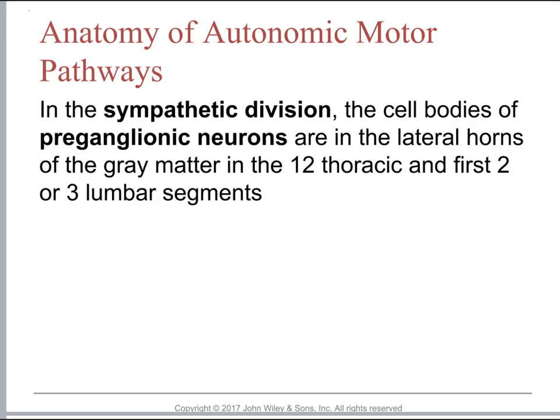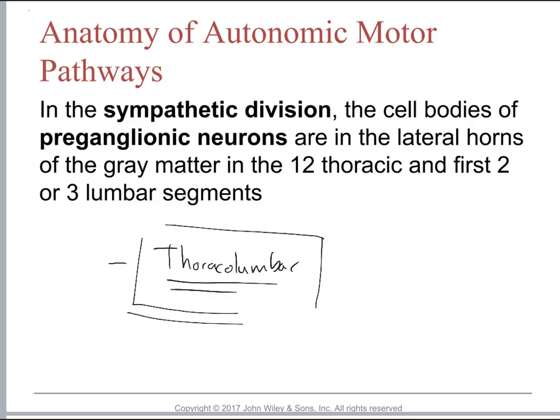The cell bodies of preganglionic neurons are located in the lateral horns of the gray matter in our 12 thoracic and first 2 or 3 lumbar segments. So we have another name for this division. It is called thoracolumbar. This is another way that we can explain the sympathetic division. Thoraco for thoracic, co meaning with, the lumbar vertebra. So again, another name for sympathetic autonomic nervous system, thoracolumbar. Now our next slide is going to give us a picture to see what we're looking